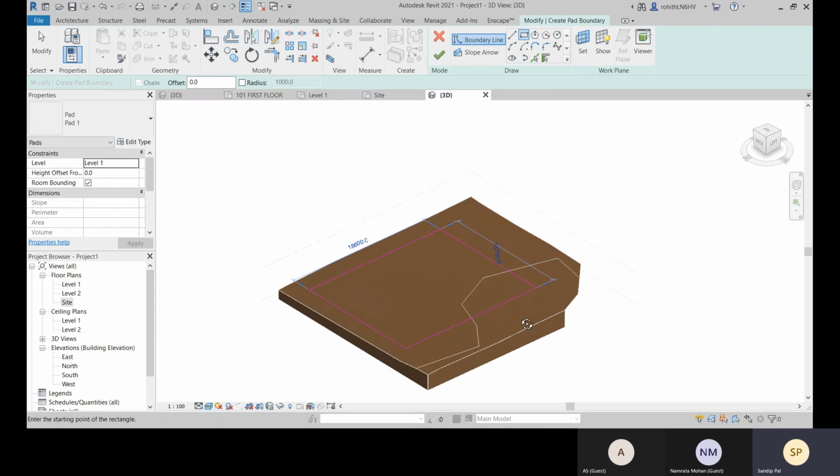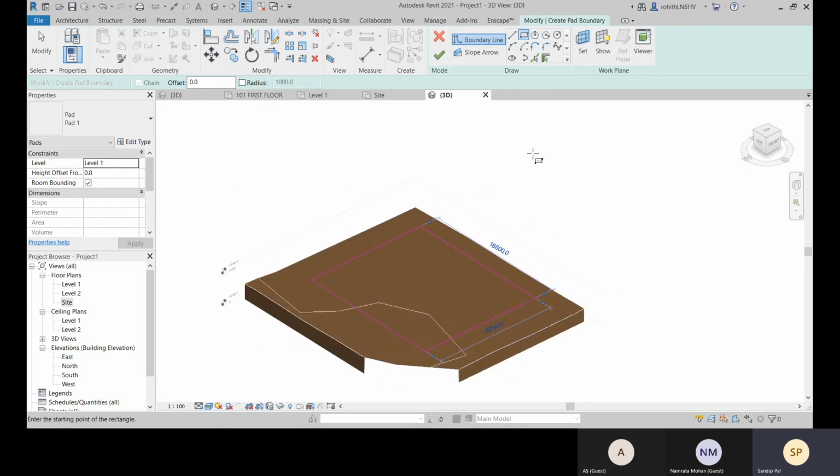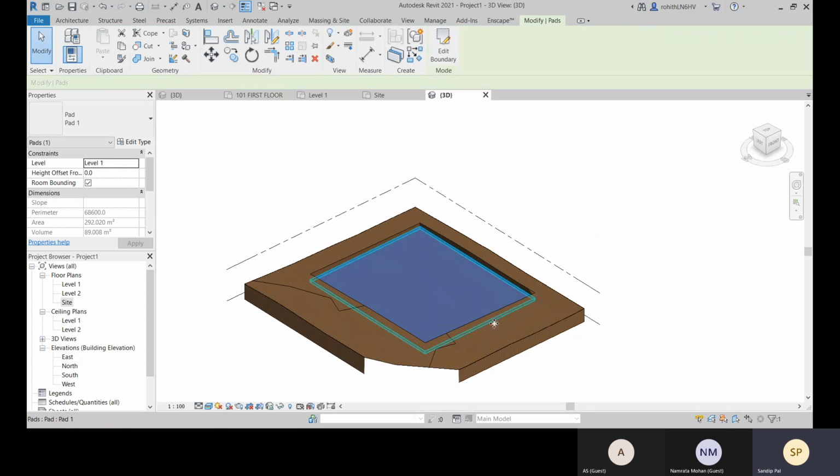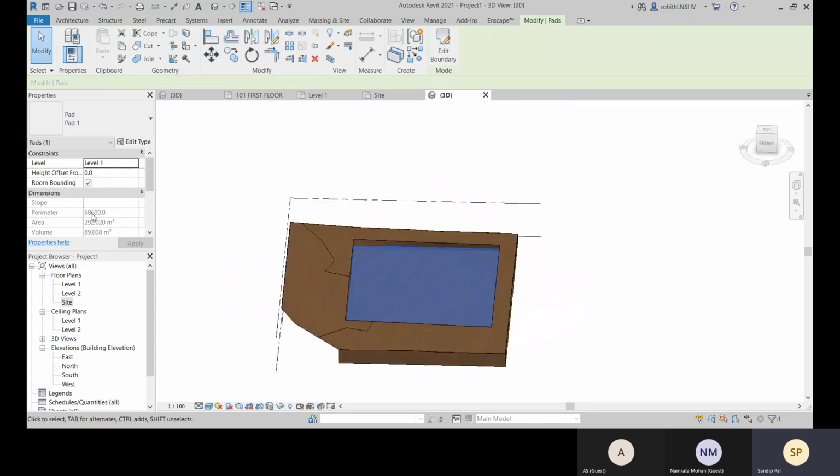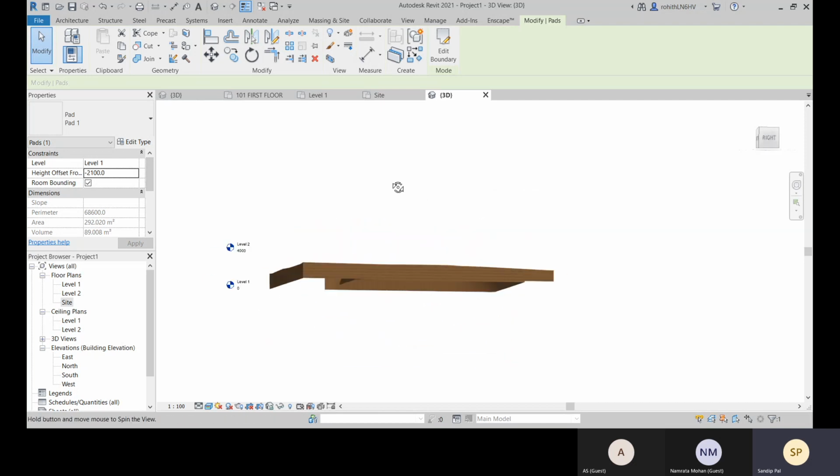You can give the height offset, how much you are going to excavate. Generally the foundation depth will be provided here like minus 2100, or here you can define the level where it will be placed, so accordingly you will get the result.